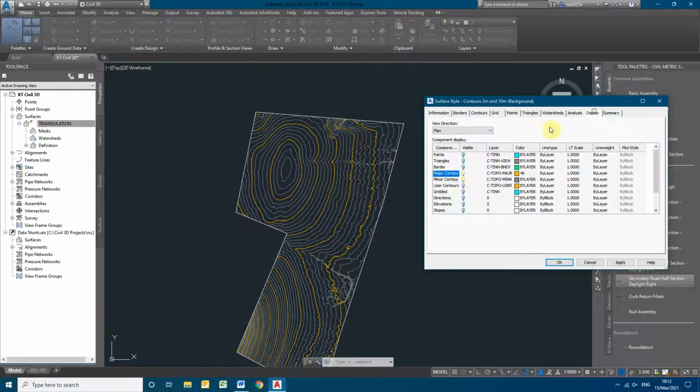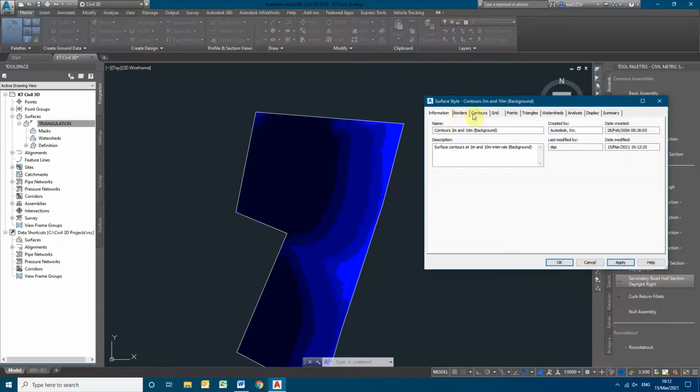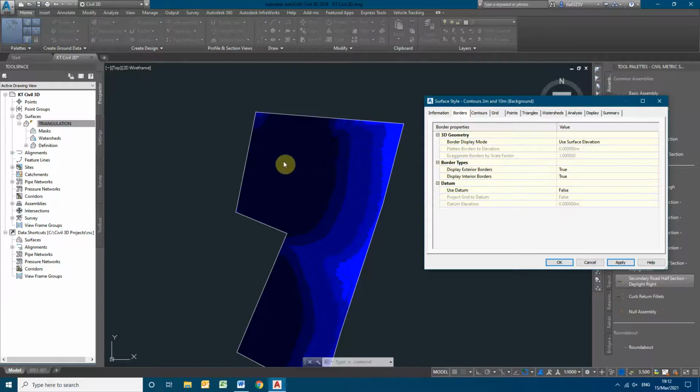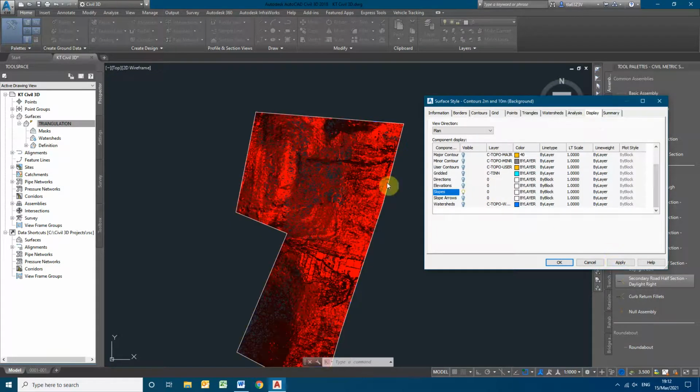In a similar fashion, for the elevation slope bands, you can see the slope bands here. From dark blue to light blue, dark blue represents the peak, highest elevation levels, to the lowest elevation levels. Similarly, we can give the slope bands. You can see the dark red to the light red. So this is how the slope bands are.